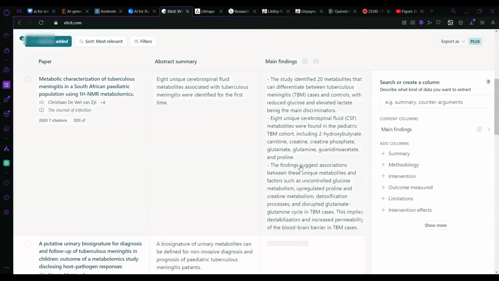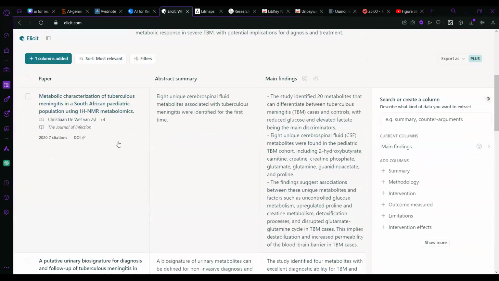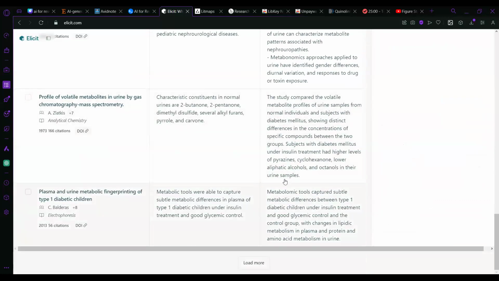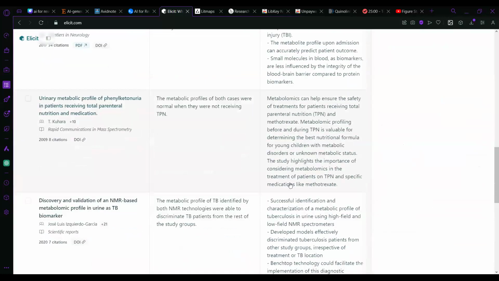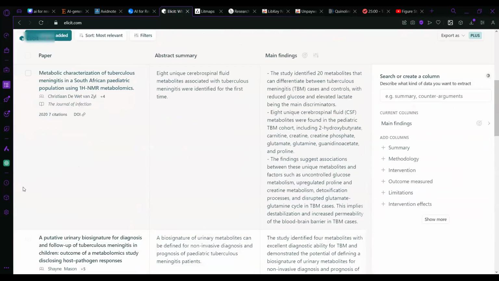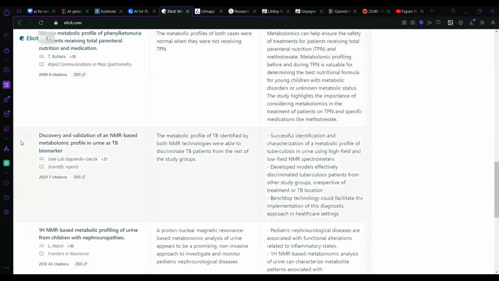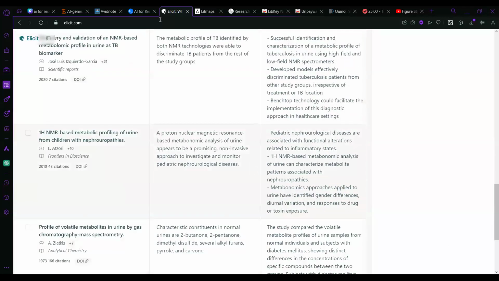So it's a way for you to just be able to go through basically 10 papers in 10 minutes to just quickly summarize between them. And then if you see this one will be able to give you more answers on whatever you're looking for, then you can read it more in depth.